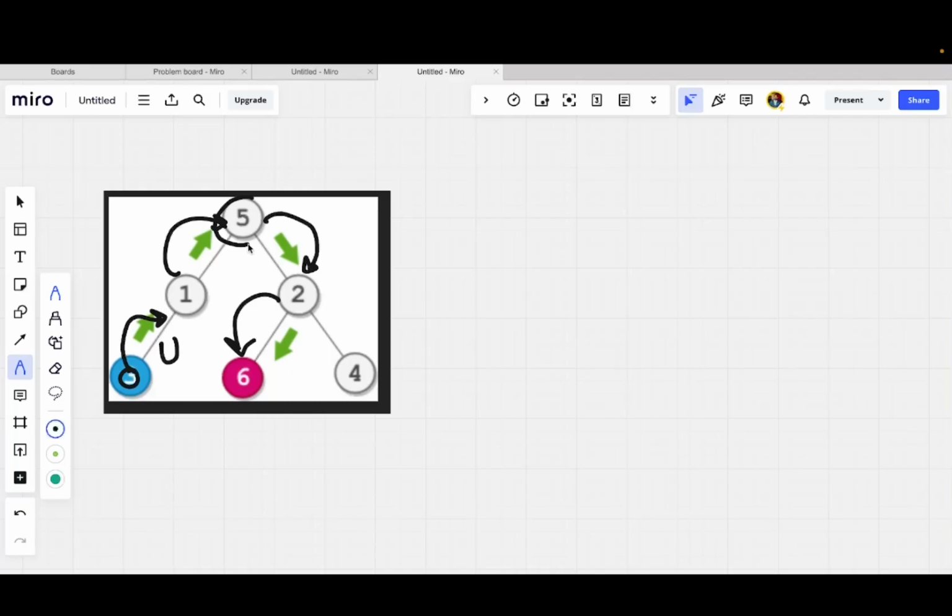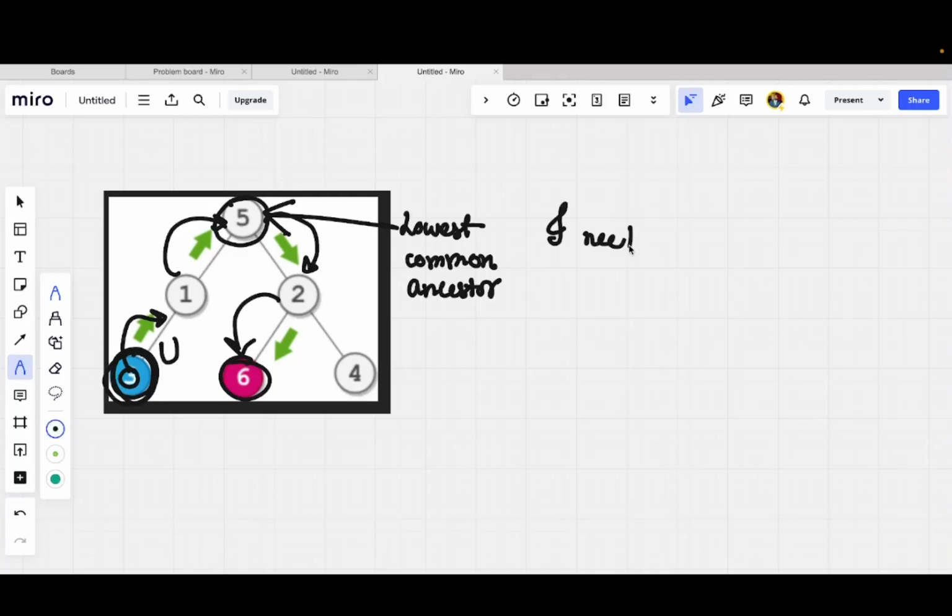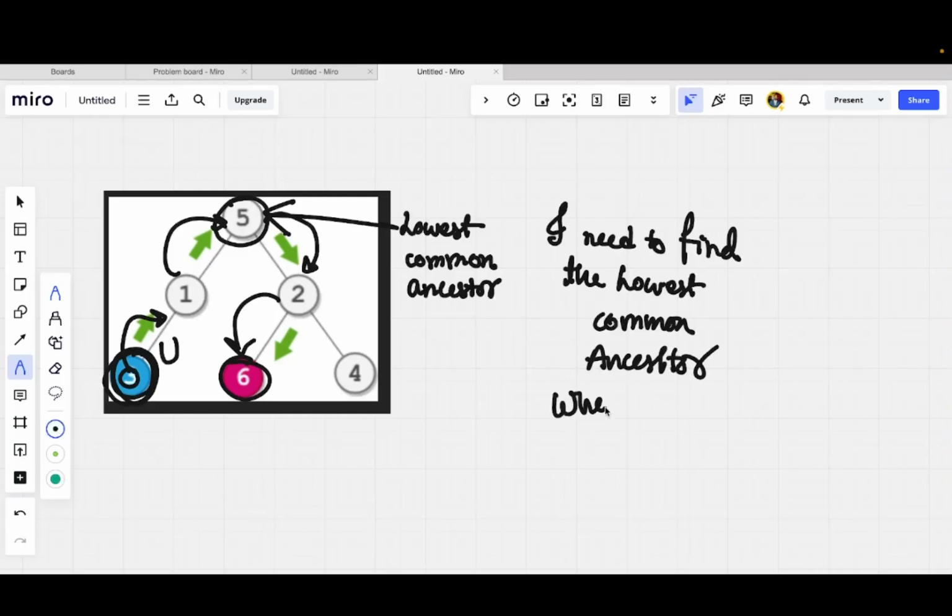This is the node where their lowest common ancestor meets. I mean that 5 is the lowest common ancestor. So first I need to find the lowest common ancestor, where it is present,